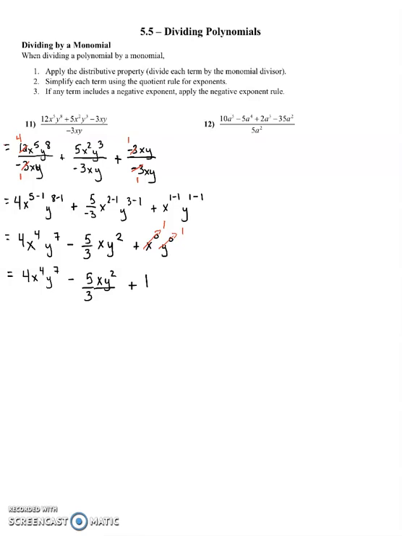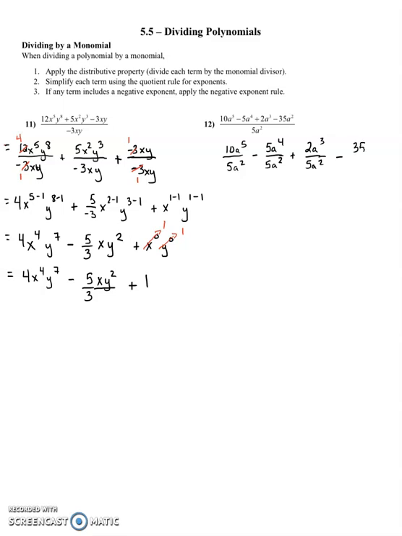Okay, you should try and do number 12 on your own. Pause the video if you want. Then you can restart it and see if you get it right. So again, we're going to divide everything up. So we have 10a to the 5th over 5a squared minus 5a to the 4th over 5a squared plus 2a cubed over 5a squared